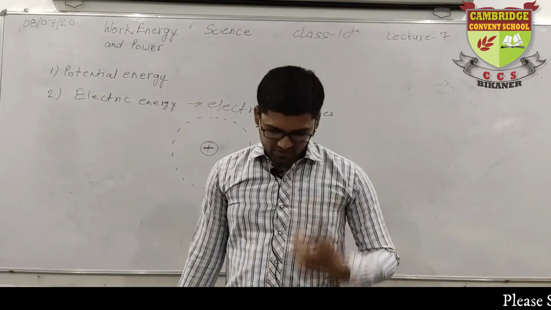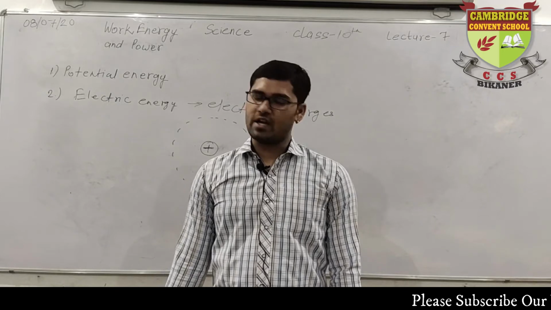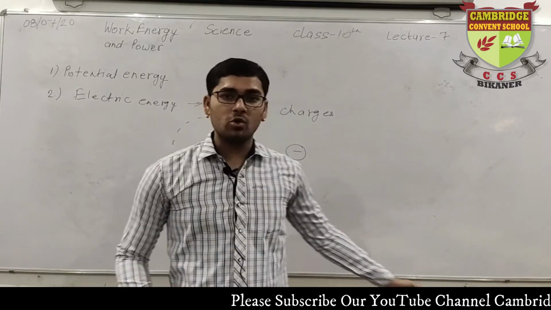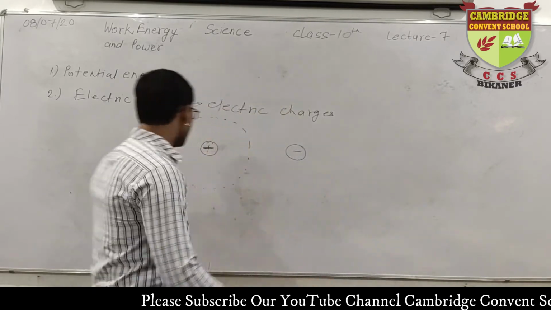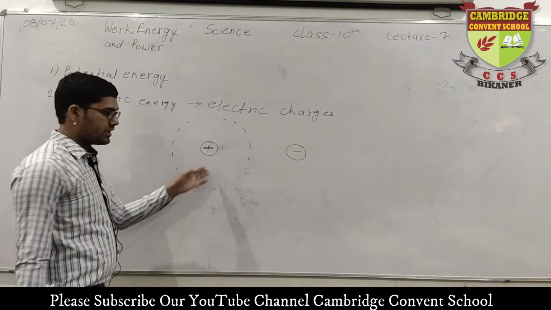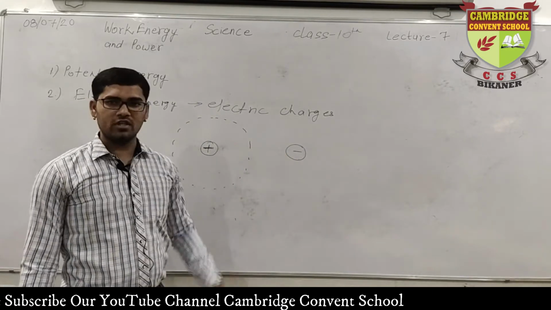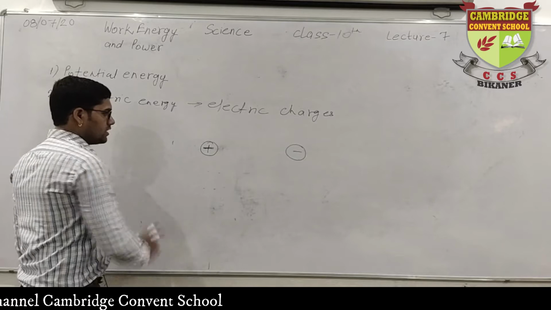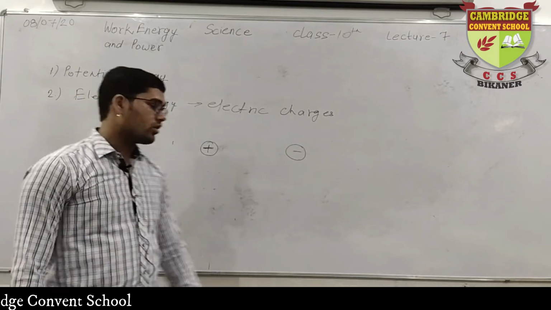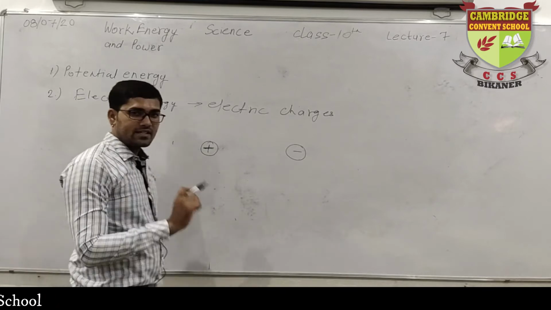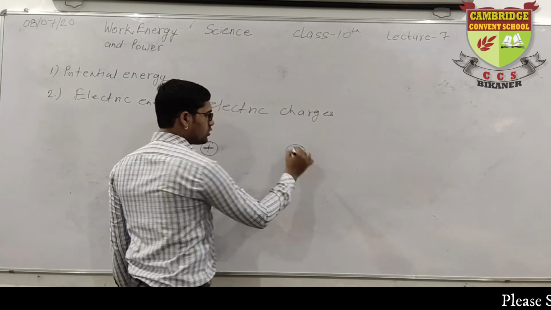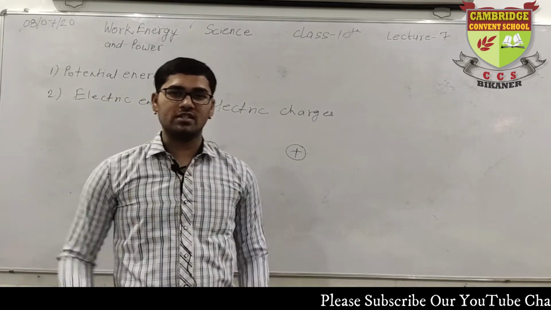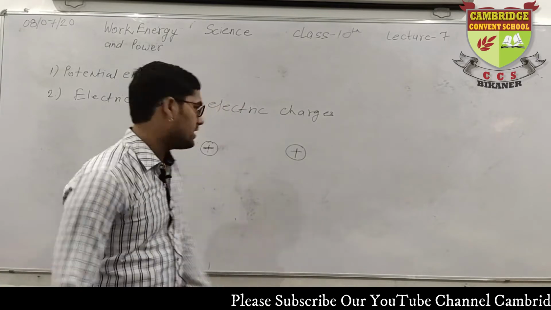Like I am standing here, suppose that I am a charge, positive or negative, whatever. There will be some region around me up to which I can apply some force. It is that area up to which this positive charge can apply force, and the same goes for the negative charge. You must be clear that if there are two similar charges, like positive and positive, and they come near each other, similar types of charges always repel.